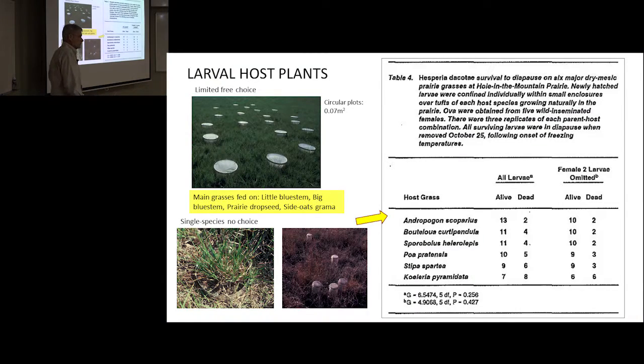Larval host plants, this is a big question. What do the caterpillars require for nutrition? Well, they're grass feeders and possibly some sedge feeders, but I had records, this was part of an experiment on the effects of burning, but I had these plots set out in the intact prairie, and I populated them with newly hatched skippers. And for those that survived the burning, I went in subsequently and looked at what they'd been feeding on, and I found